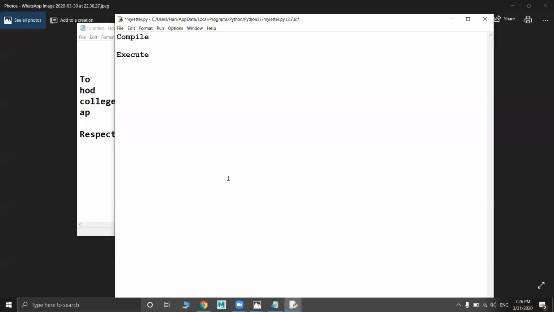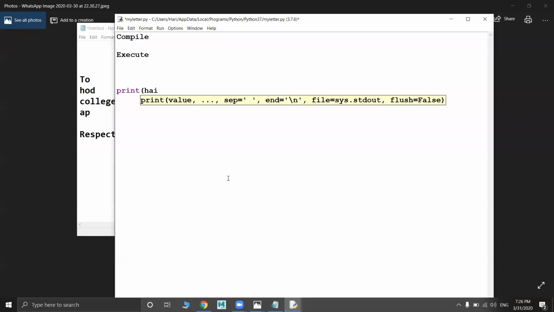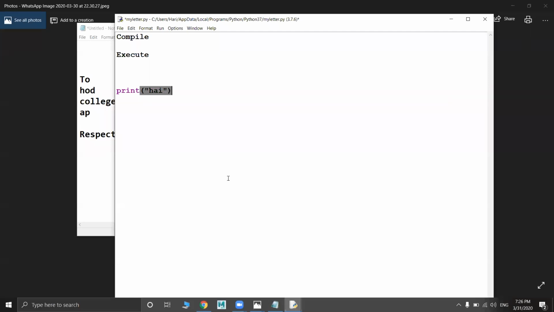When you go to scripting languages, there you simply execute the line you write. If I say simply print hi, okay, and then I press enter, if you just assume that I wrote this in the Python shell and I press enter, then you will get directly the output as hi. That means you feel that it is directly executing the line?